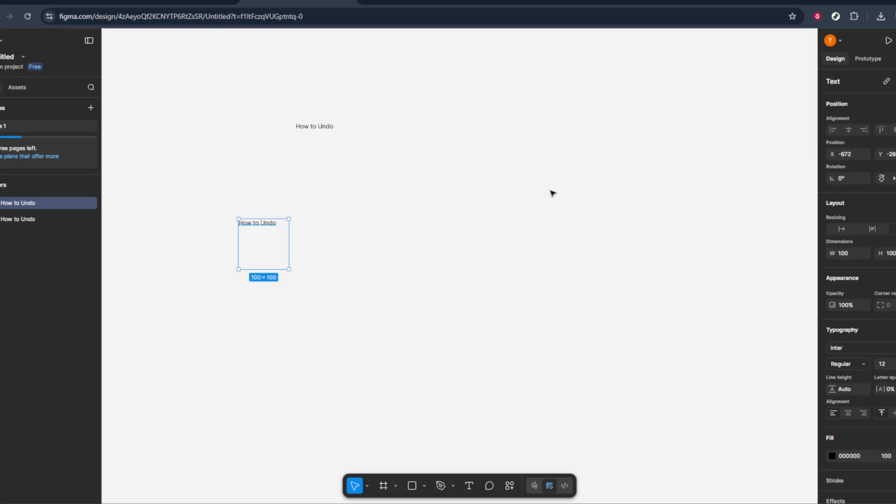And that's all there is to it. Open your file, select the T icon, click on the page and type in your text. With these basics, you're ready to start adding